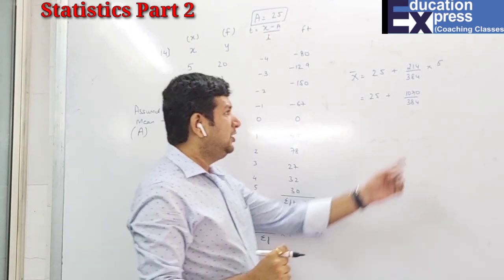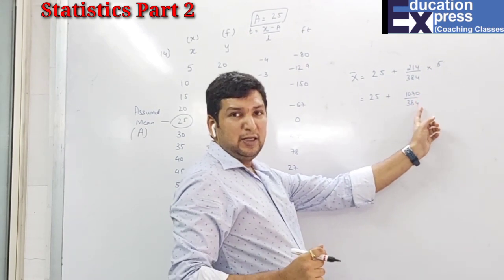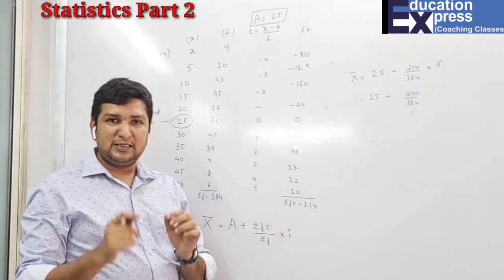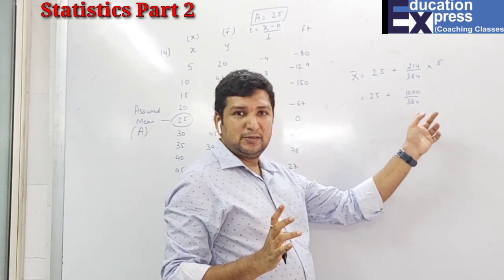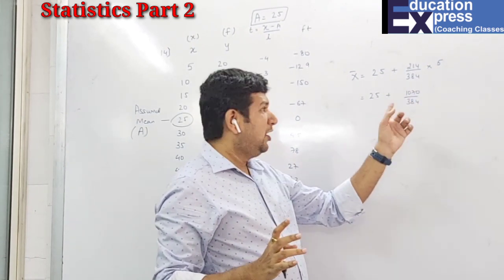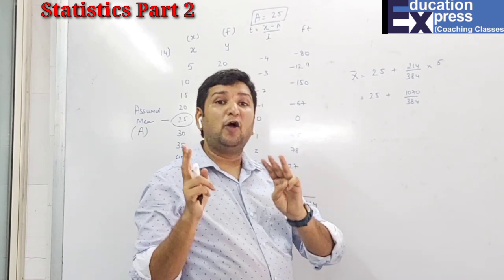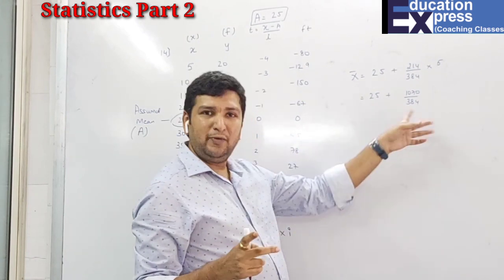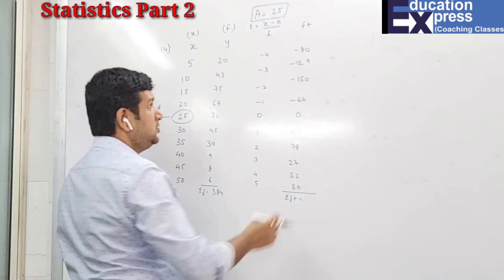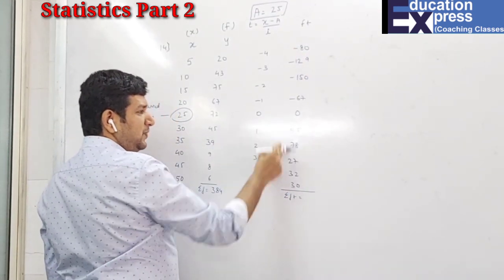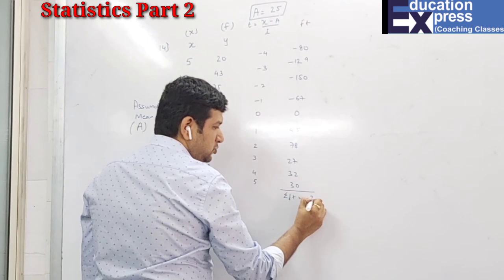Now students, over here don't go for the LCM part. First you have to divide this and this, and take the decimals. After the decimal, take 3 digits and round off to 2 decimals. I repeat, after dividing this, you have to find 3 decimals, but round off to 2 and then add to 25. So, okay students, now we'll add this over this plus and minus, so answer will be minus 214.